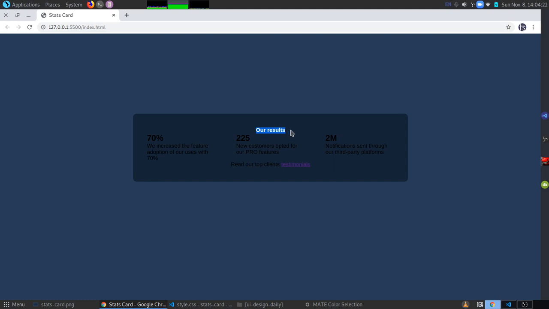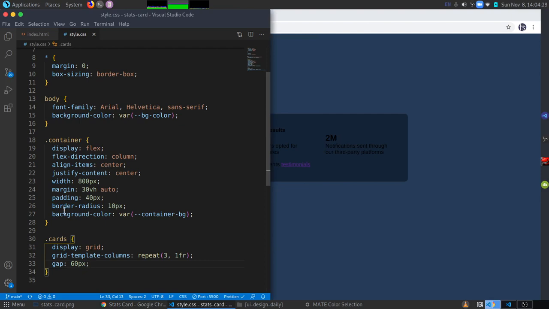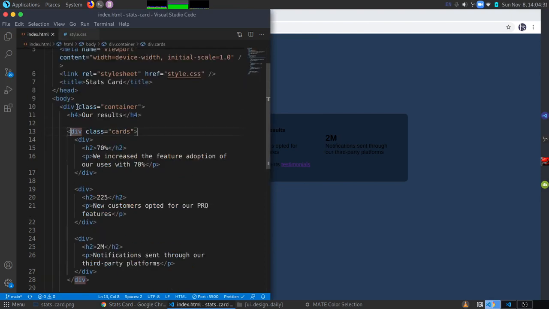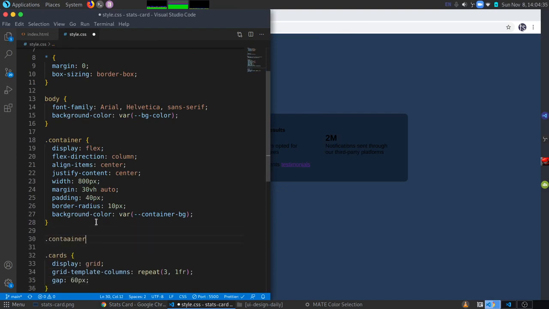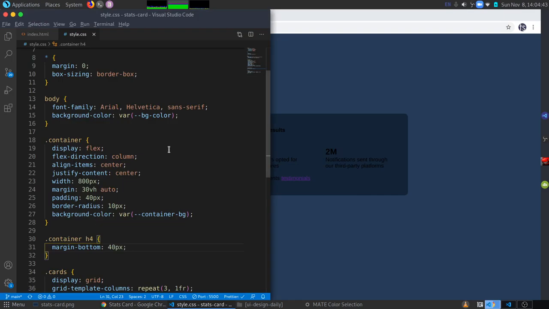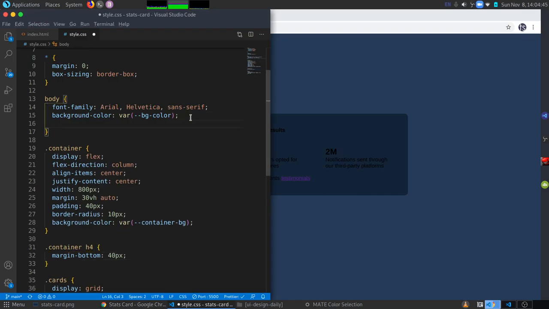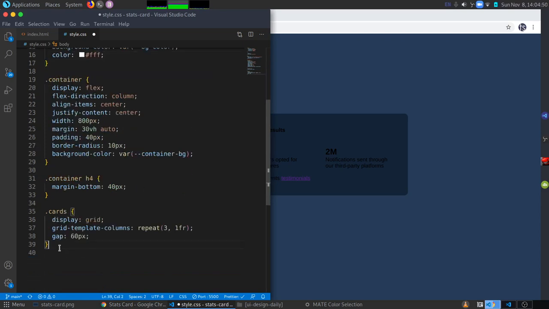And then for this, let's add a margin bottom right here, so that it pushes this down just a bit. So where is it? It's the container h4 class. Okay, so let's just call it the container h4, and we'll say margin bottom of 40 pixels. For the body, let's give the body a color of white for the text,